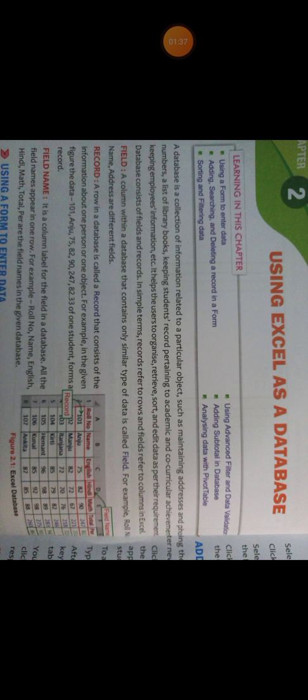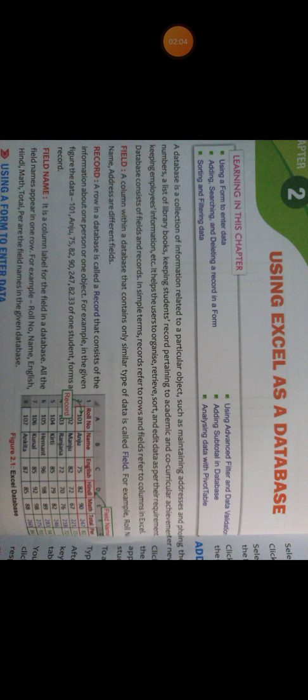More precisely, we can define a database as a collection of information related to a particular object. For example, phone numbers, a list of library books, keeping students' records. For example, all the records of the students of a school are kept in the school database,